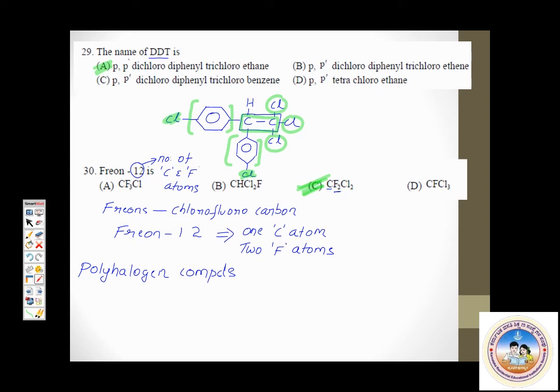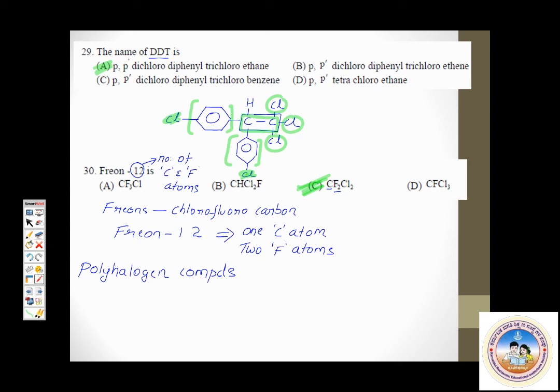So even after the third worksheet, revise the first worksheet and the second worksheet. That's how you'll become strong in concepts. And especially organic chemistry requires constant practice, constant revision. So please do revise it. So we have completed 3 worksheets.